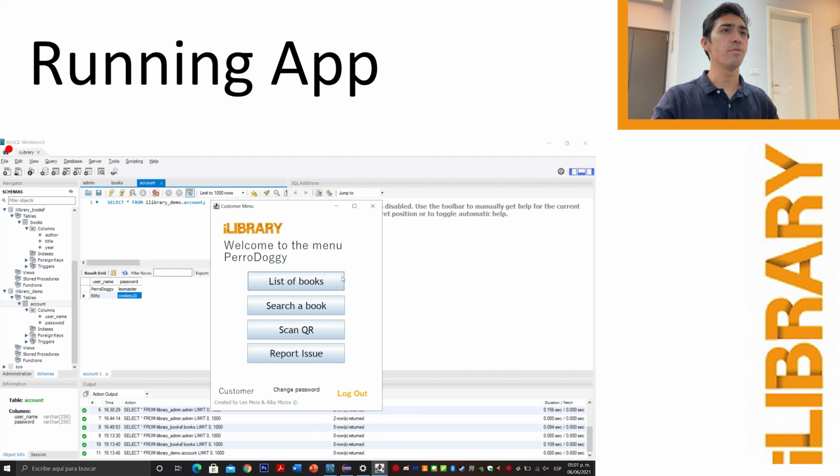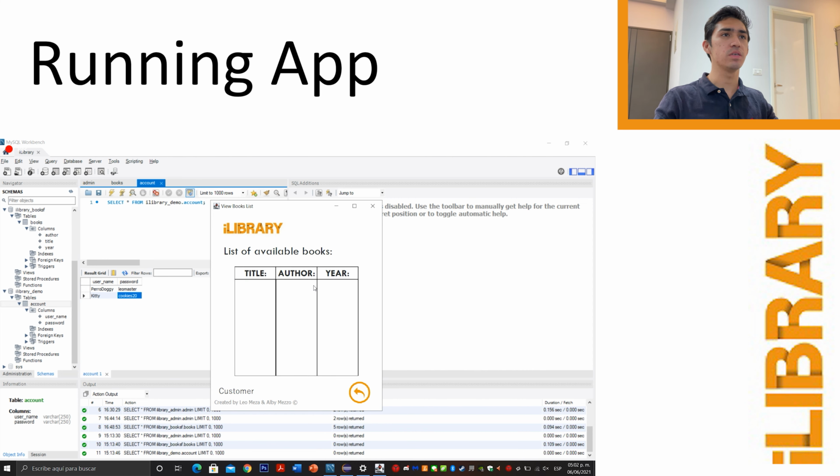There we go. Now we have the instance for our main menu, customer. Welcome to the menu, Perro Doggy. We have list of books, search a book, scan QR code, and report an issue. Now we are going to check what the features are for the customer. First we have the list of books. We go into this, we're going to see the books, but now there are no books, so let's add some books,